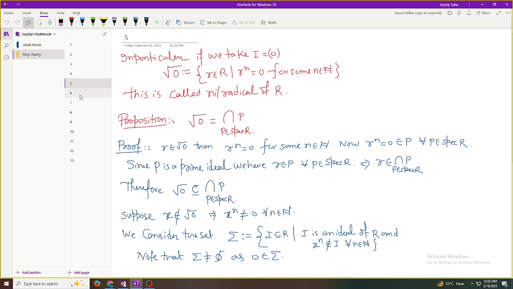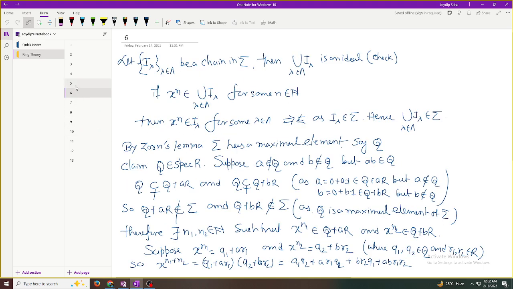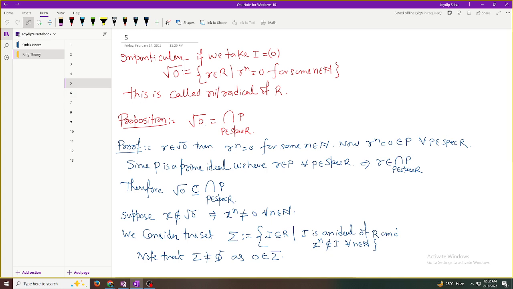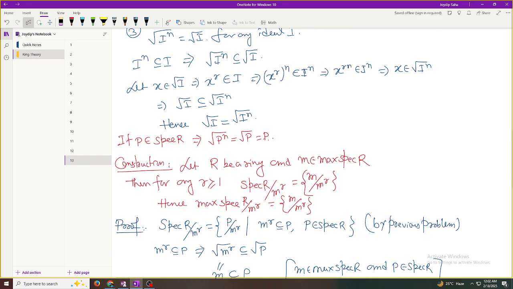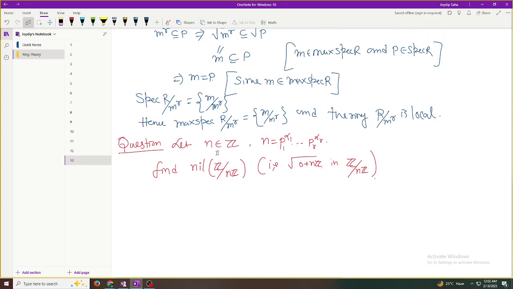Use this result: the nil radical is the intersection of all prime ideals. Now the question is, what are the prime ideals of this Z mod nZ, if n has this prime factorization? So, finding this,